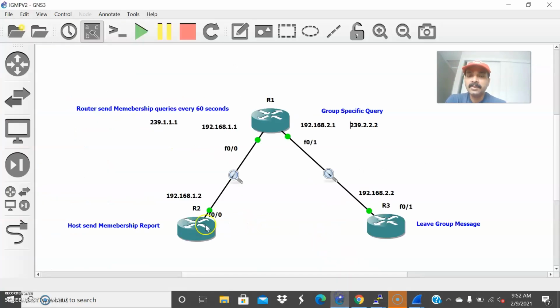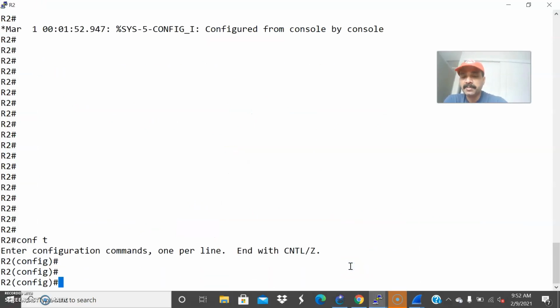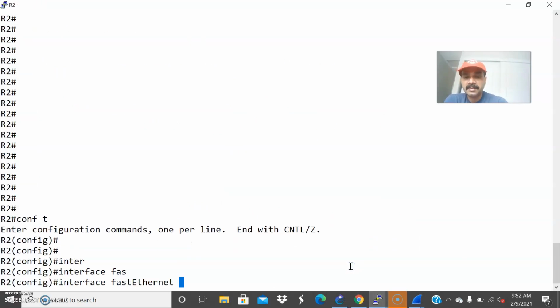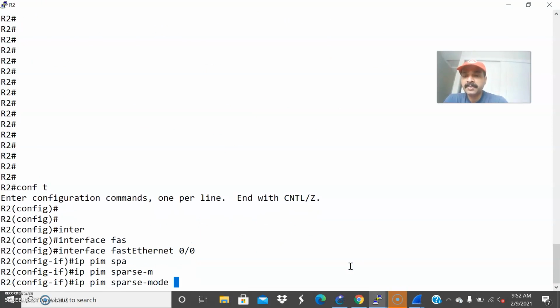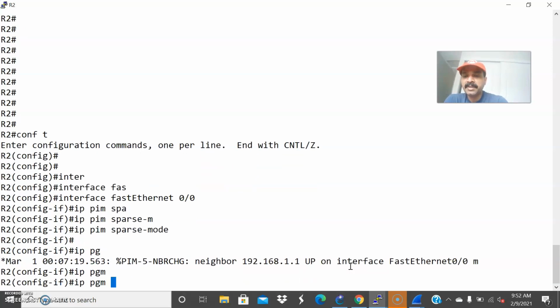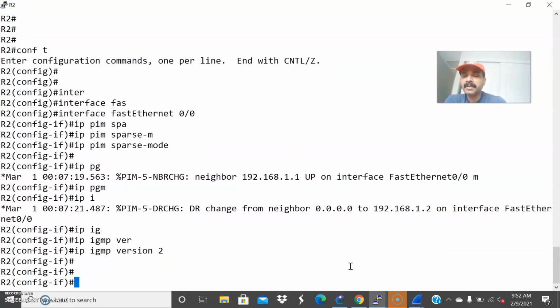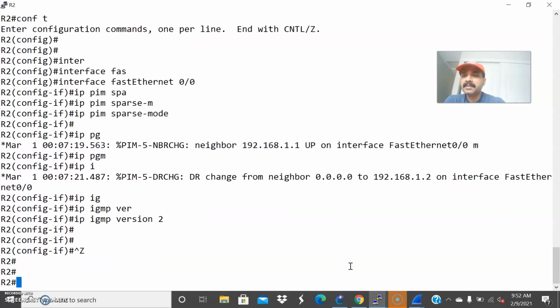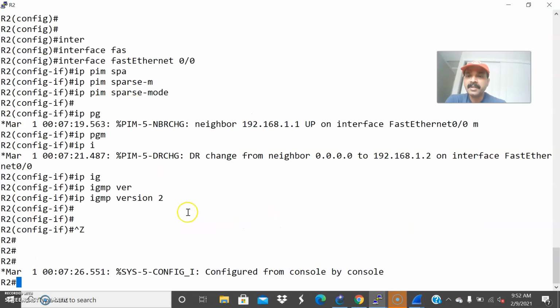Now let us go to R2 and R3 and enable PIM and IGMP. Interface FastEthernet 0/0, IP PIM sparse mode and IP IGMP version 2. We have done it.